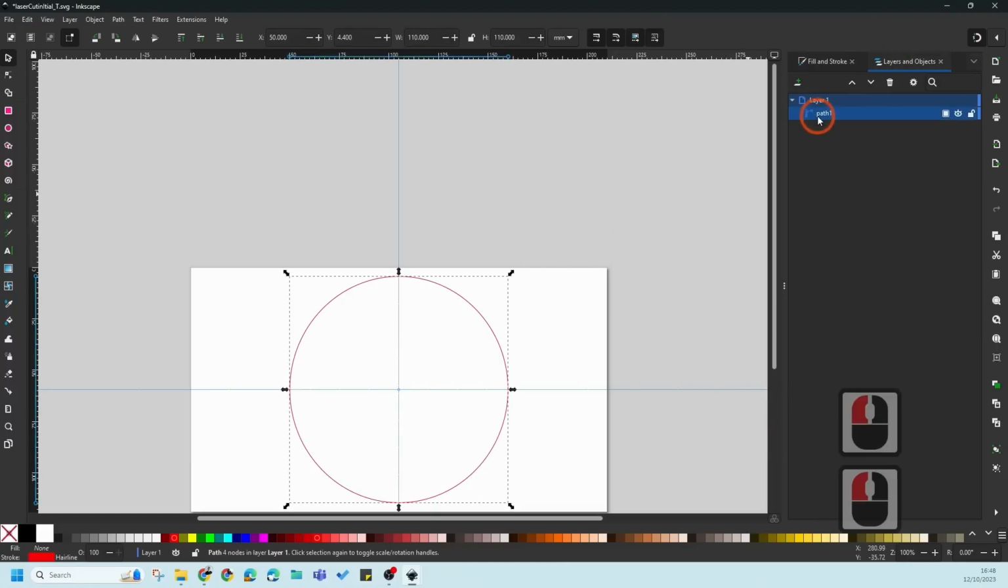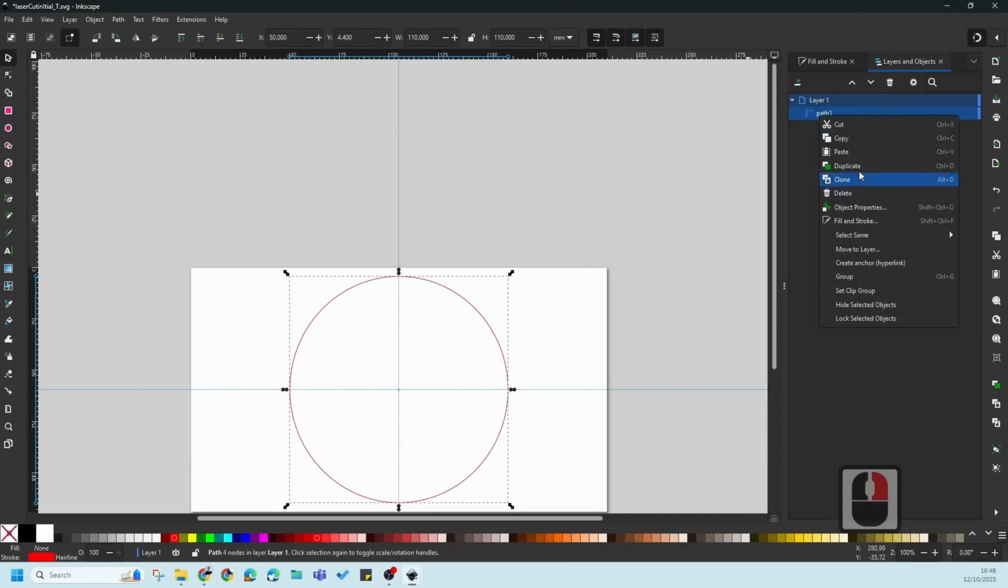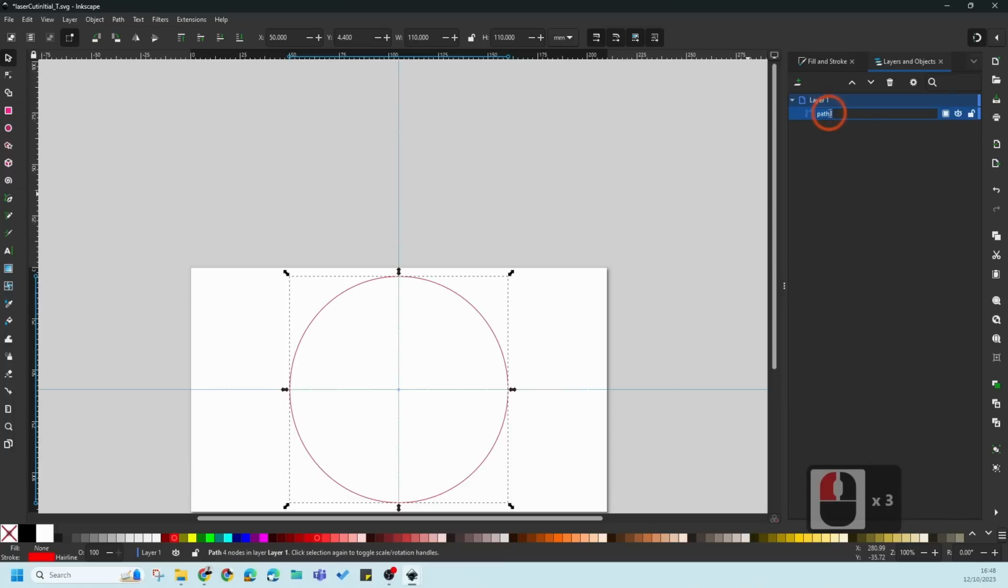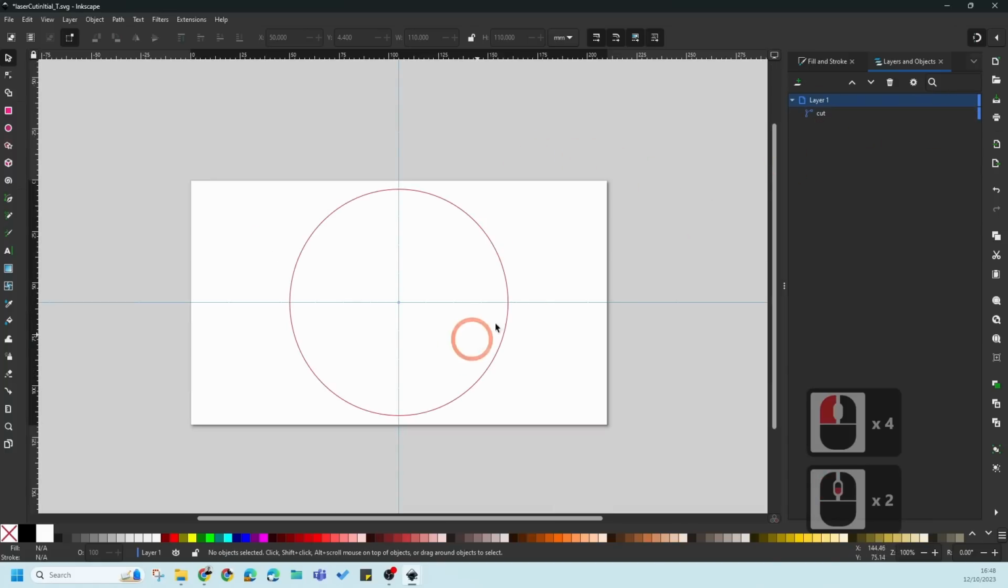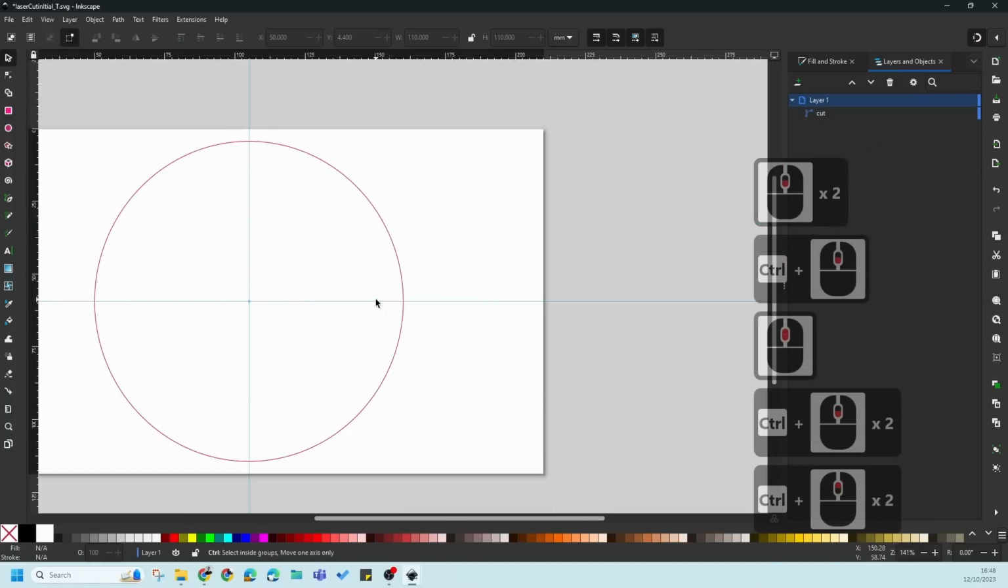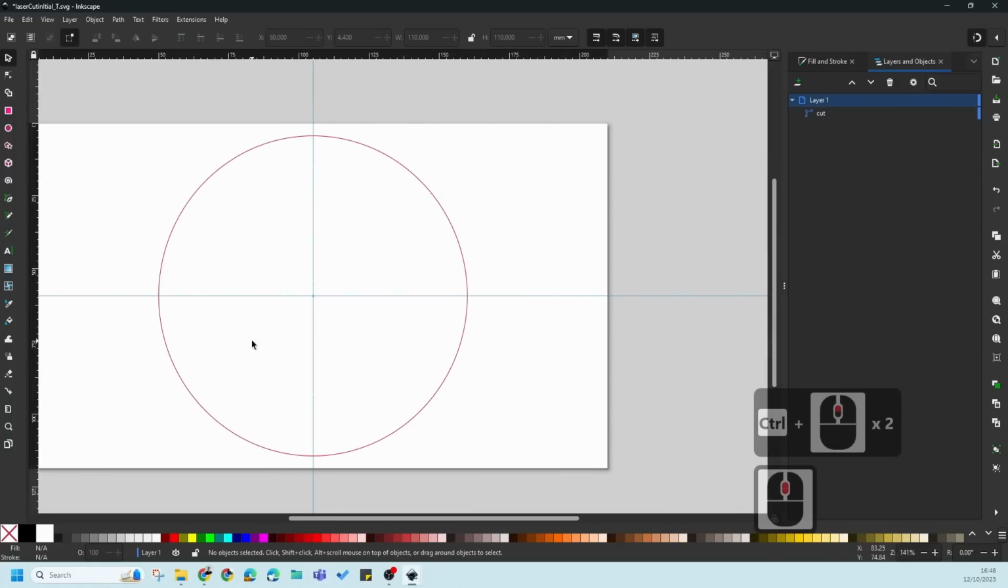Now with this path, I can rename this object, so you can double click and you can call this cut. So this is my cut path. So I know if I'm controlling this, that's my cut path. Okay, great. Now the next thing I'm going to do, once I've got my cut path, is I'm going to use the text tool,